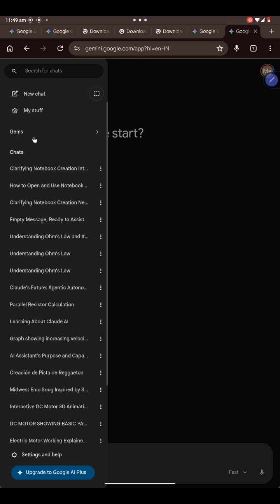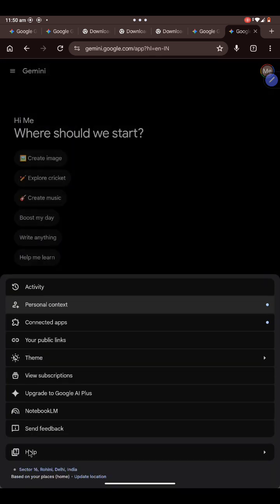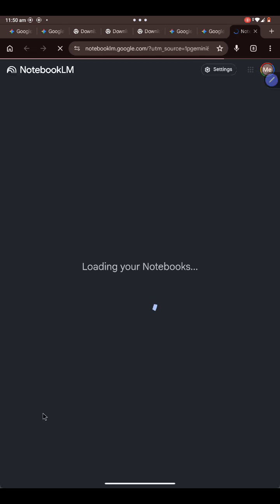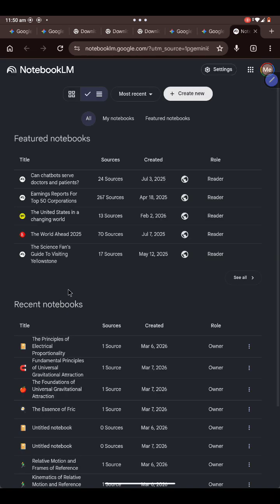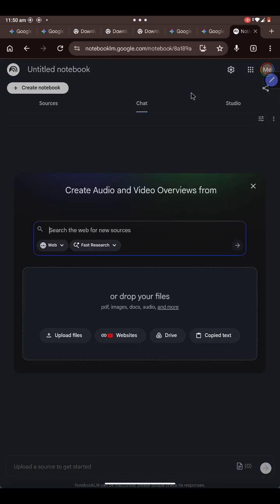to that, I want to show you how you have to create a notebook LM in the Google Gemini. So here I have opened the top left icon, and there you will get settings and help. Open that, click that, and you will get an option of notebook LM. Open the notebook LM. So here there are many notebooks which have been created by many users or by me. So for creating a new notebook, you will click this icon which is white in color, and a new